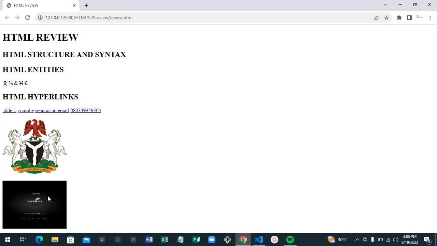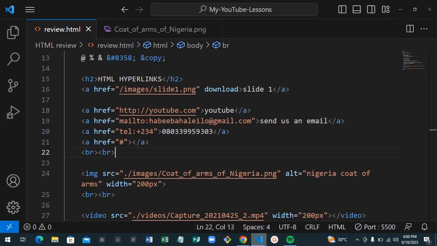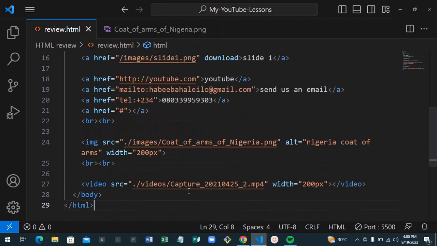But there are some attributes that we need to put inside video for it to be effective. These attributes will help us, like we can tell it to autoplay. Let's say immediately anyone comes across it on the site, it should be playing automatically, or if it should show some controls like pause, play, and all of that, or if it should be muted. So a lot of attributes can actually be put on this video element. So let's talk about this. Let's talk about the first one, which is